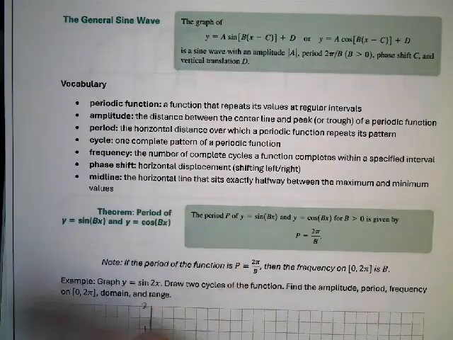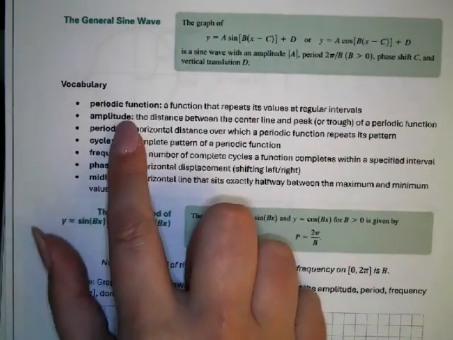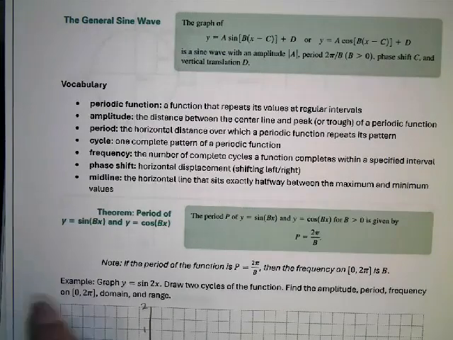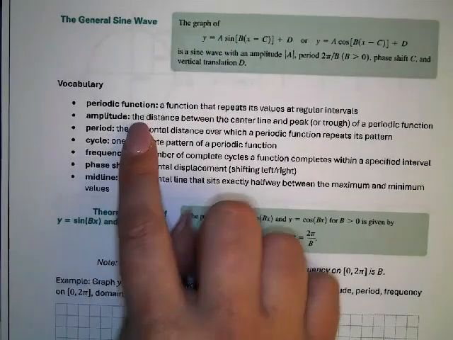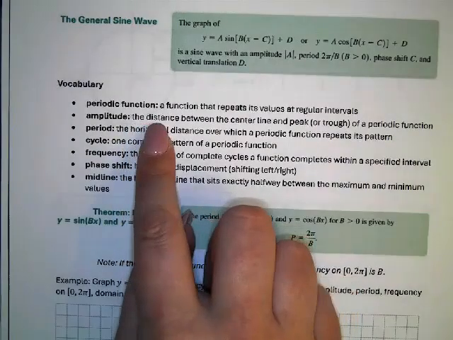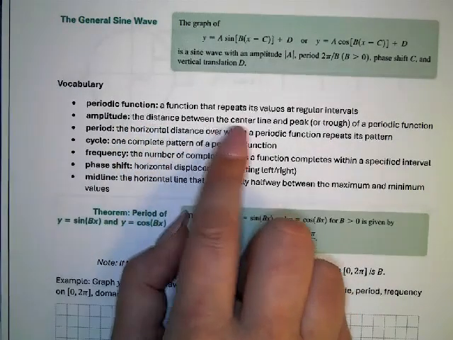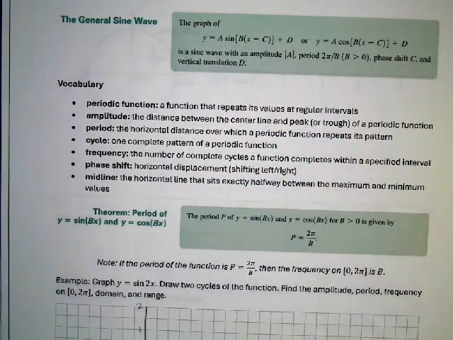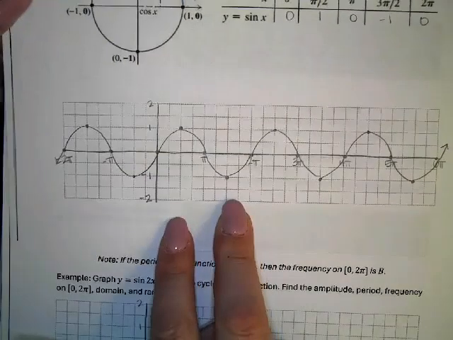An amplitude of 1 is typical. If we had an amplitude of 2 or 3, that would mean that the graph had been vertically stretched. If we had an amplitude of 1/2 or 1/4 or 2/3, that would mean it had been compressed. The amplitude is found by looking at the distance between the center line and the peak or the trough of a periodic function. So if you look back at what we just did, the amplitude